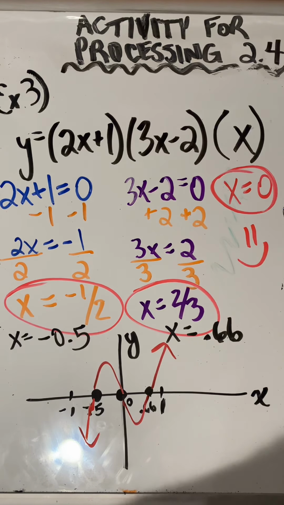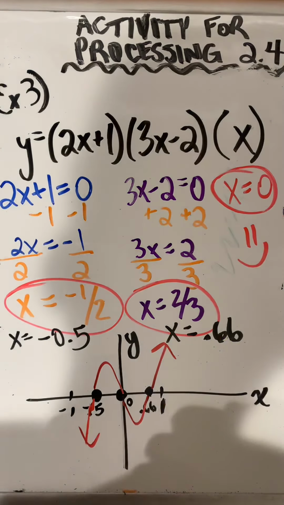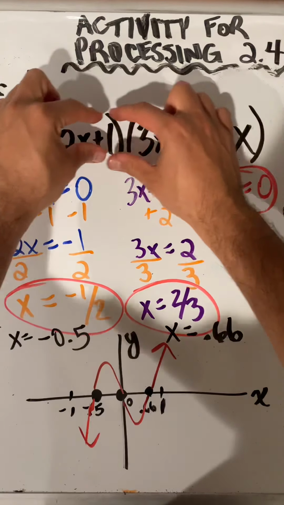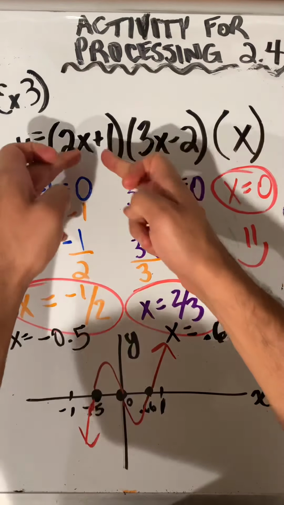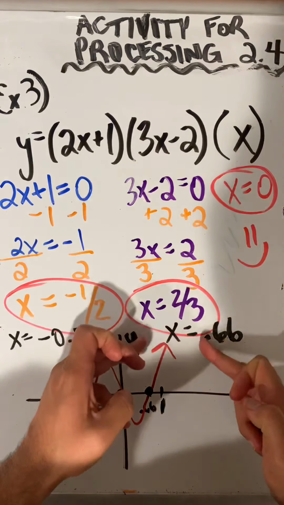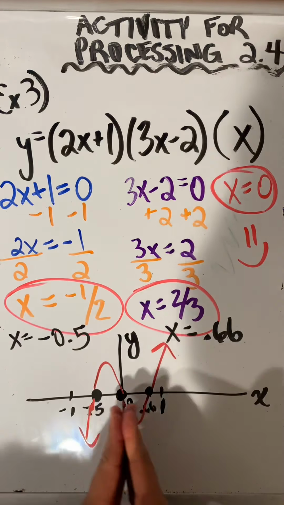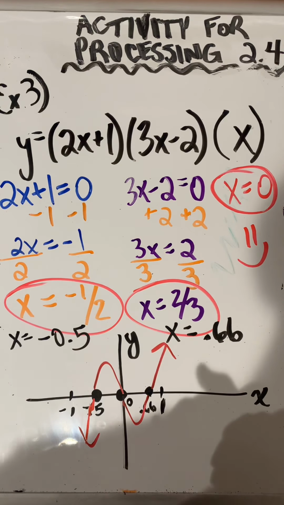Okay. So ladies and gentlemen, I'd like to just re-explain here. We looked at an equation that had three factors. Each factor gave us a zero, and then we plotted those zeros here on the graph. All right,